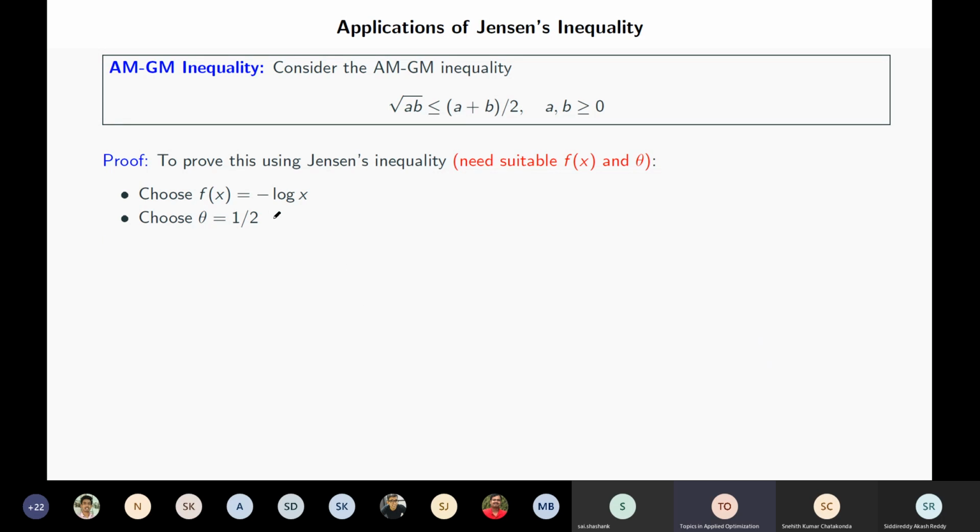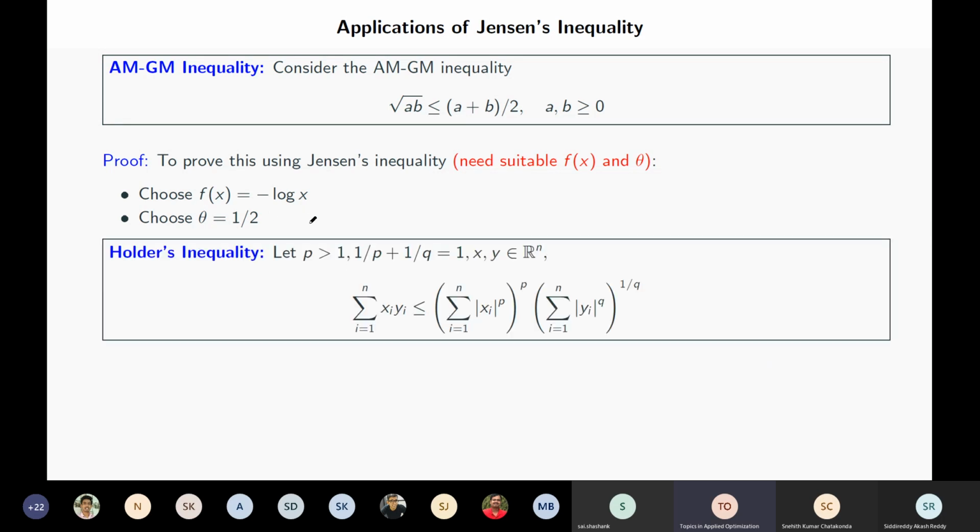Now we can prove another result. It's something called Holder's inequality. So what is Holder's inequality? Let us say some p, which is greater than 1, and 1 by p plus 1 by q is equal to 1, and x and y are in R^n. Then Holder's inequality says